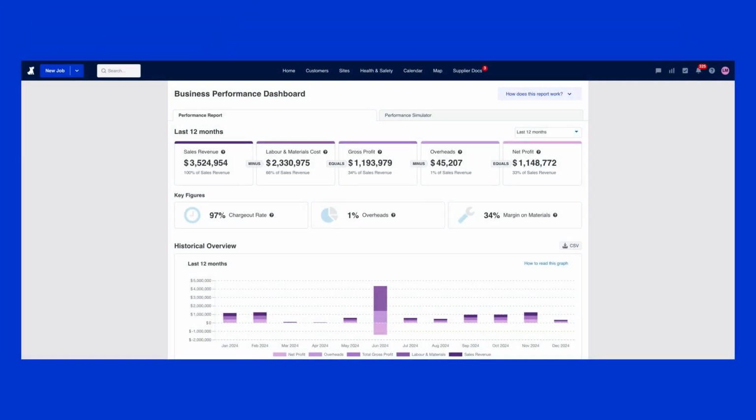The Business Performance Dashboard provides a comprehensive snapshot of your company's financial health, displaying key financial and operational metrics, such as gross and net profit, chargeable hours, and material margins, in a way that's easy to understand. It highlights potential challenge areas or issues in your business that you may want to resolve. It acts as a springboard, off which you can work out and discover steps you can take to improve or